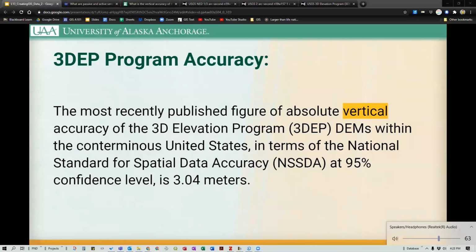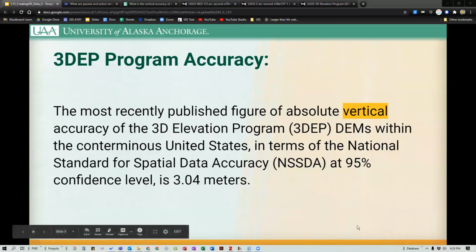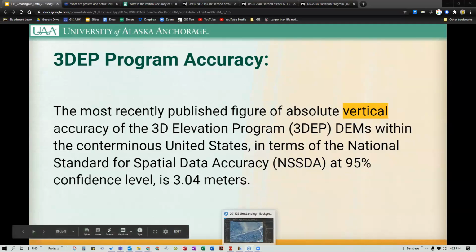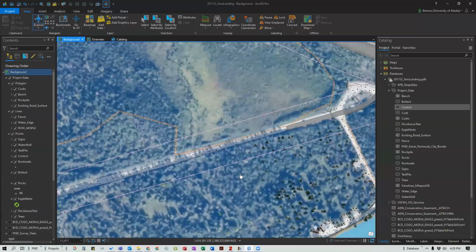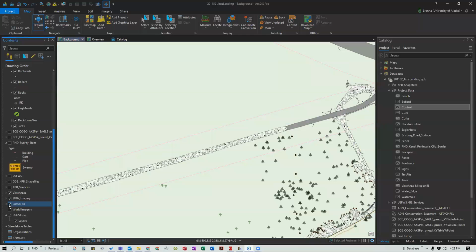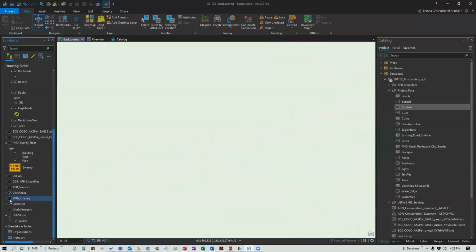So for this 3DEP program accuracy, it's mainly just for large scale type operations. You wouldn't, I mean, for everything you just said, you wouldn't build a building based off of that, right? Right. So for this project that I'm showing you, there's definitely 3DEP information available, but the LiDAR data that I'm using for contours is not the data